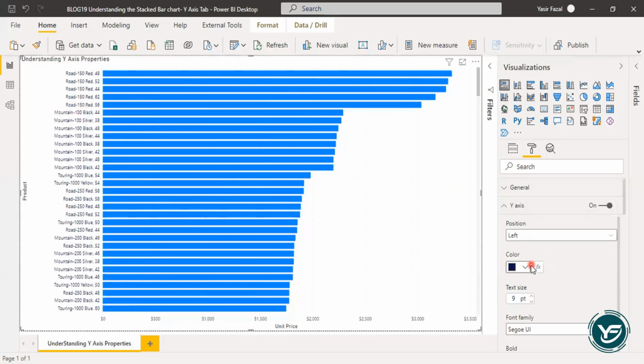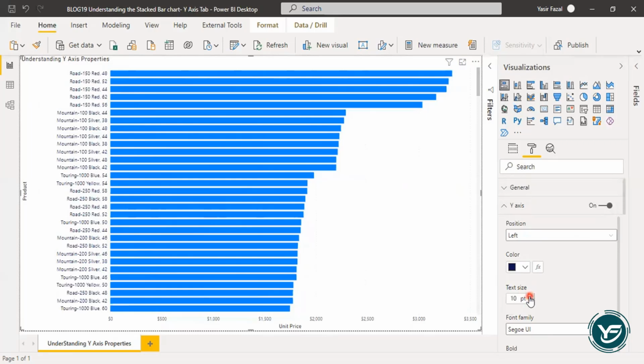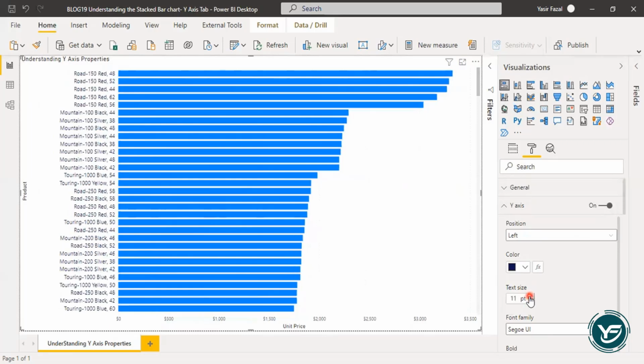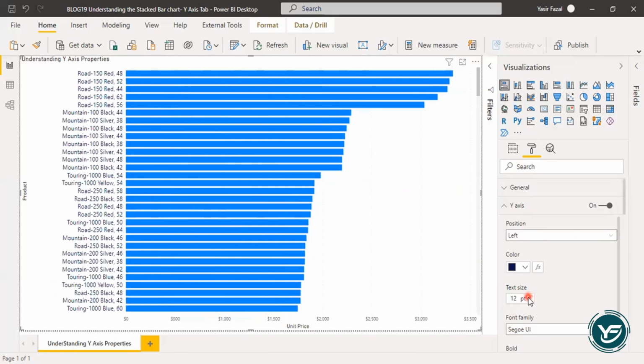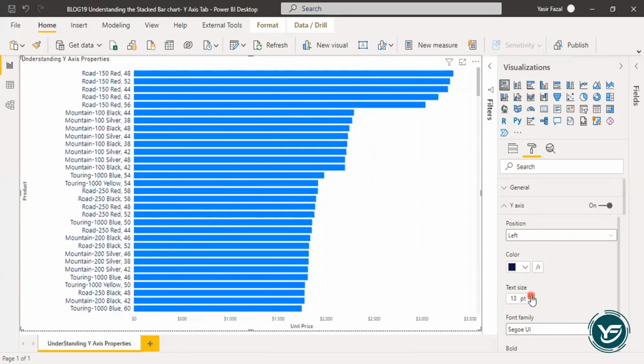This is how you can change the text color. Also, you can change the text size as well. If I increase the text size, you will see that the visual automatically increases the size of the text.